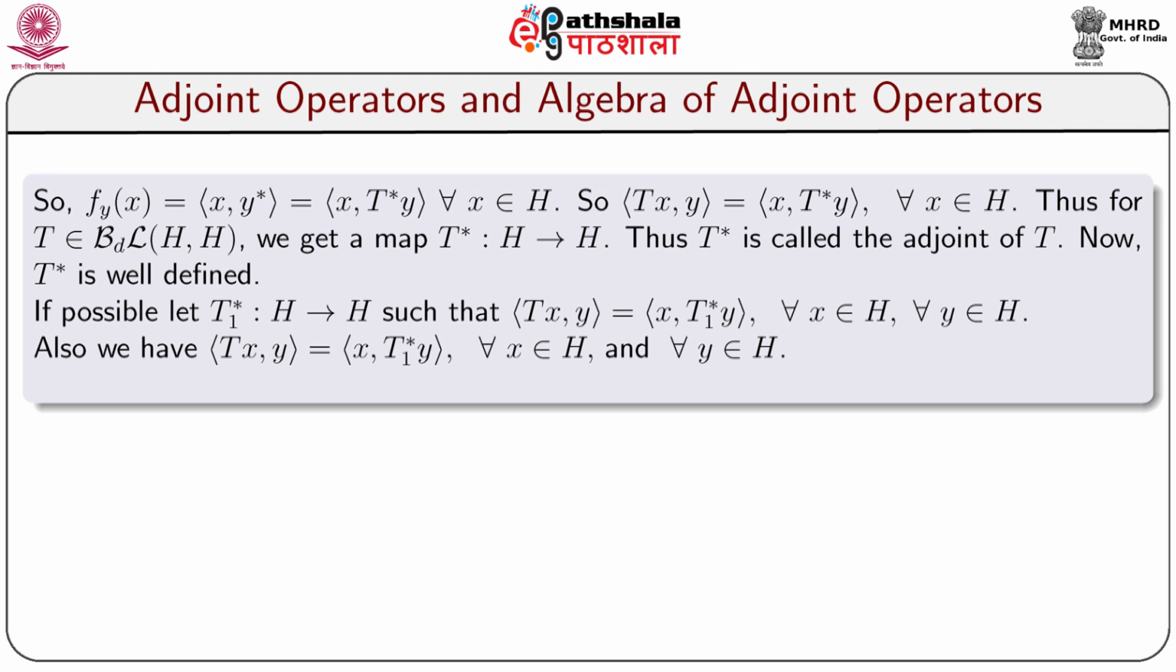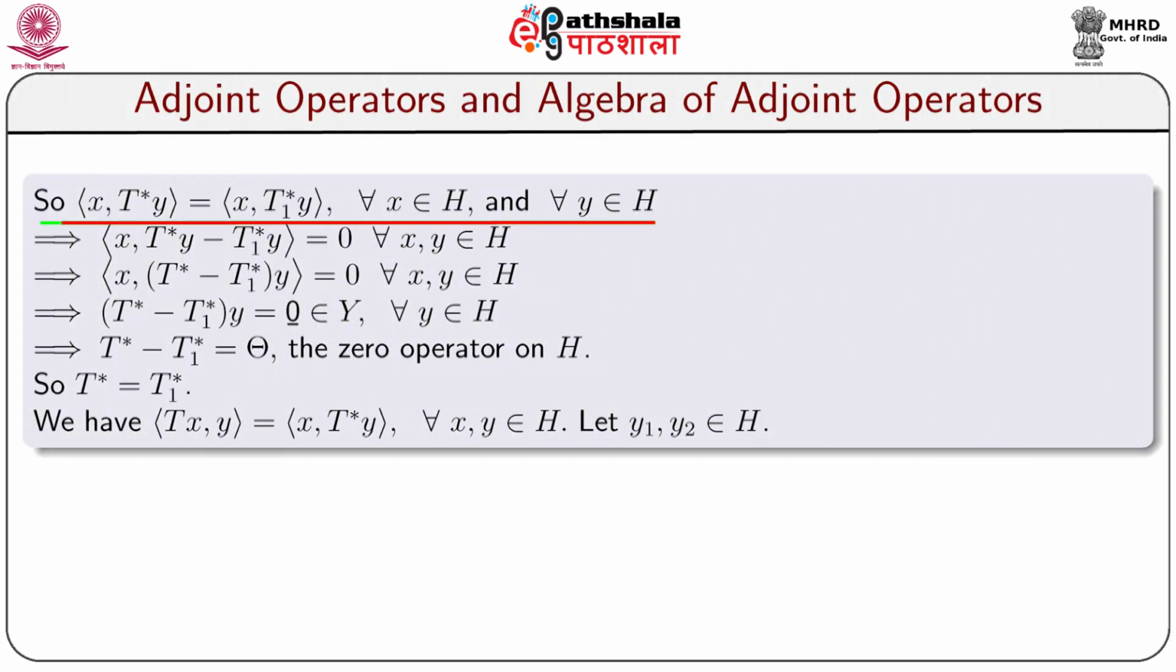If possible, let T1 star from H to H be such that inner product Tx comma y equal to inner product x comma T1 star y for all x belongs to H and for all y belongs to H. Also we have inner product Tx comma y equal to inner product x comma T star y for all x belongs to H and for all y belongs to H. So inner product x comma T star y equal to inner product x comma T1 star y for all x, y belongs to H, which implies that inner product x comma T star y minus T1 star y equal to 0 for all x, y belongs to H,